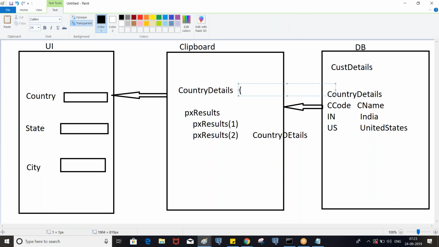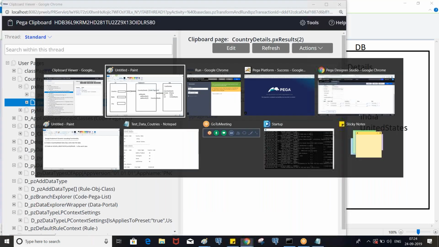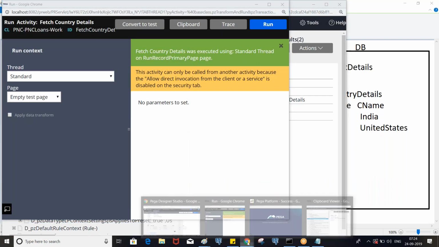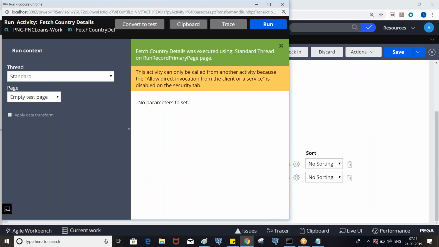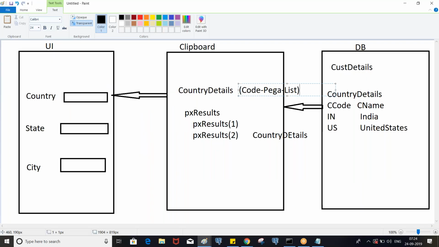Whatever page you specify in the browse, that page will always be created by referring to Code-Pega-List, only for the OBJ browse method. Whatever class you specify as the OBJ class, pxResults will be created by referring to this class. This is very important, you need to understand.